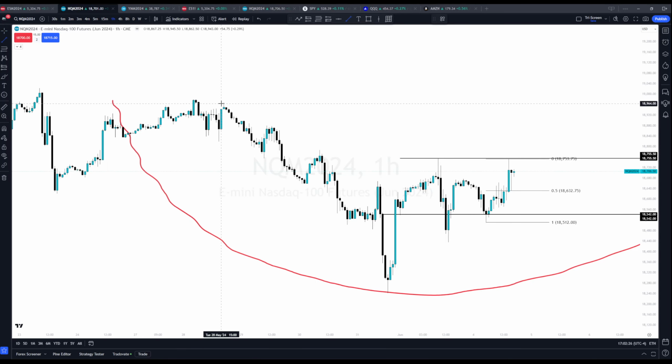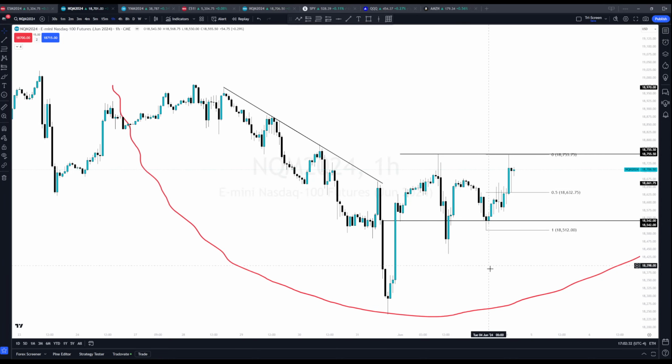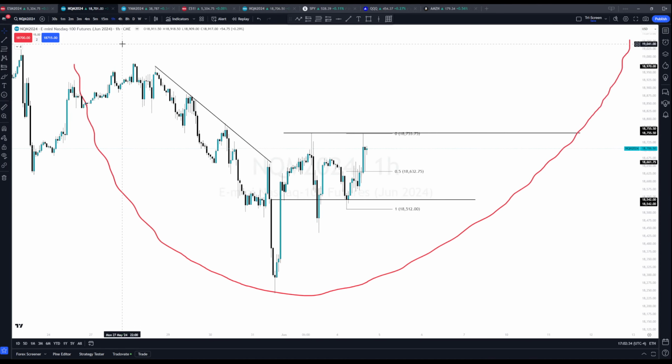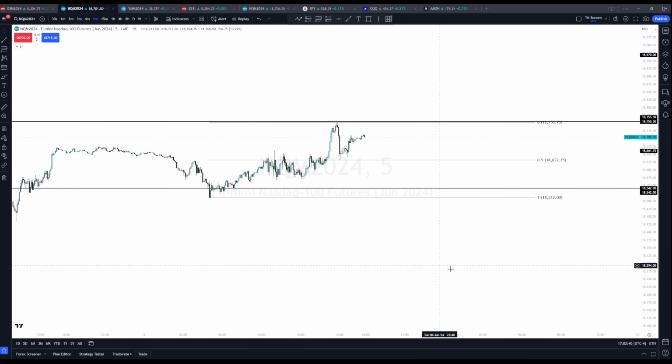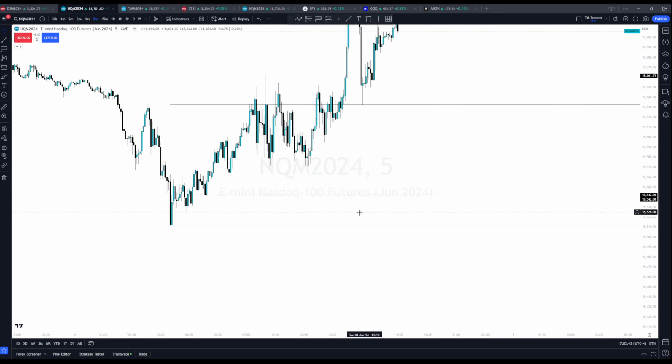We also, if you look at the hourly LRLR, this just looks very, very clean. And now you see we're starting to break it. I just think we keep on pushing up higher here. The other thing was, today we left, I'm not going to mark them all out, but I think we have 4 or 5 sets of equal lows down here.